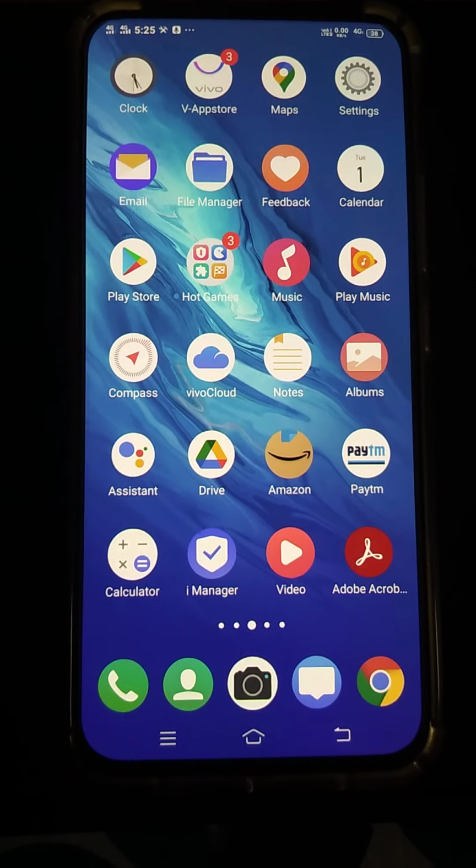So guys, if you want to move your screen, with your two fingers, just move around, and you can see that you can move around on your screen. If you want to make the screen go back to normal, just triple tap again, and the screen has gone back to normal. So guys, this was the first feature.